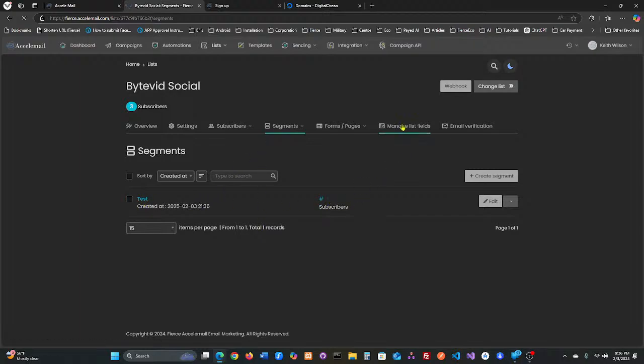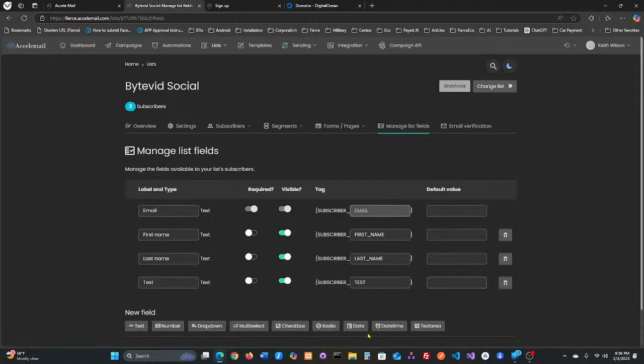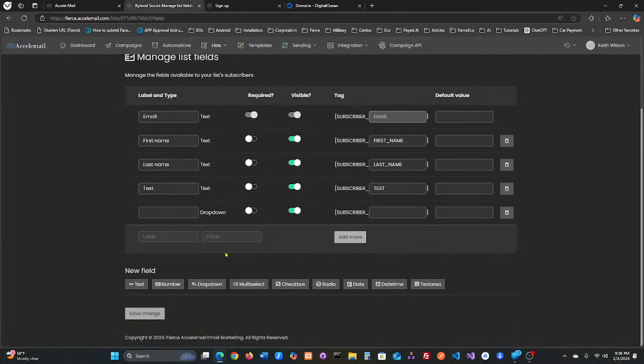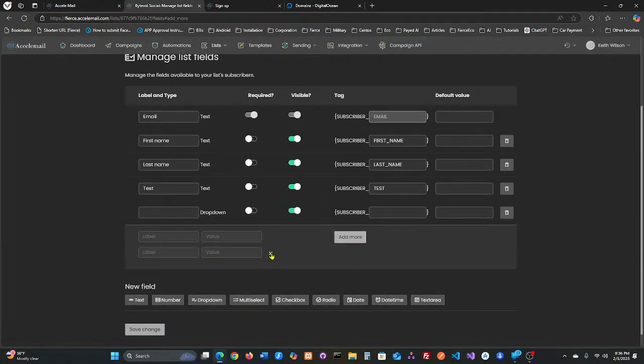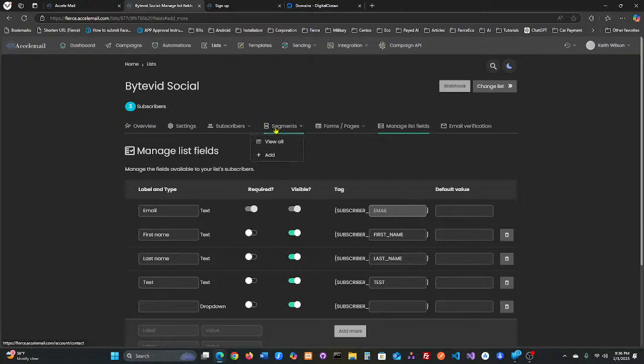Now we could have made this a drop-down list because we do have that right here, a drop-down. And then all you would do is have the values here, and you can add more values as you go. But we just went ahead and put that. So in our subscribers, we're going to